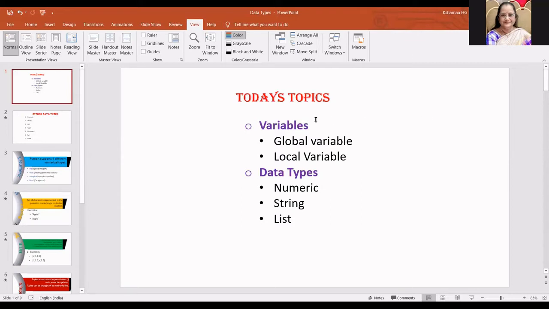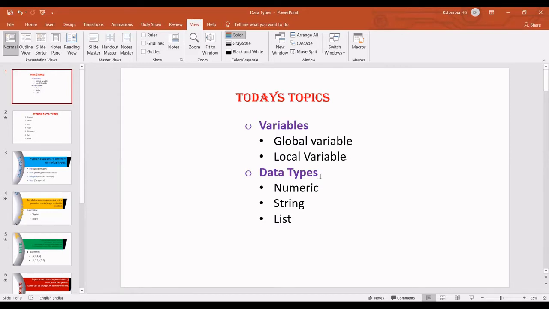Okay. Today's topics are, one, variables, and the second one, data types. Under variables, I'm going to tell you how to create a variable name, what valid variable names are, and explain the do's and don'ts: what you should include, what you should not include, what is allowed and what is not allowed for creating a variable name. And then I'll also explain what is a global variable and a local variable.